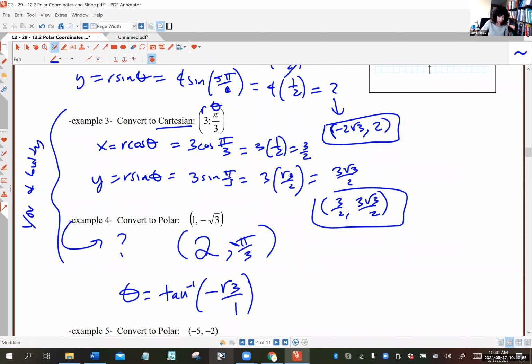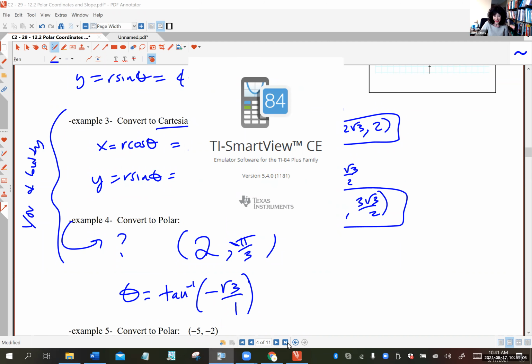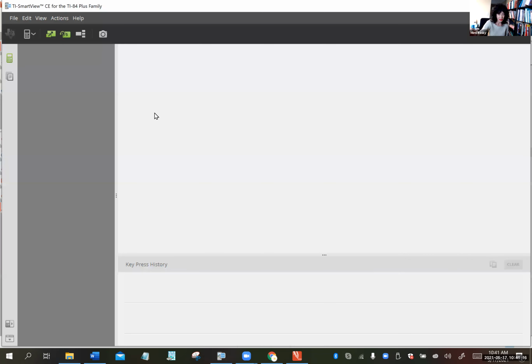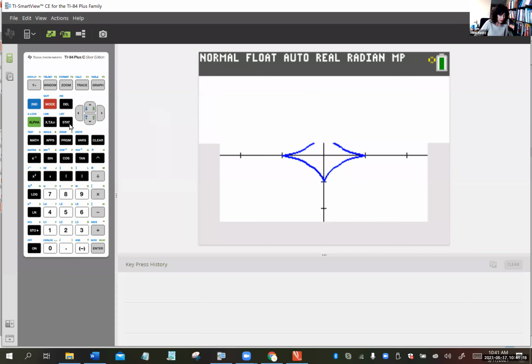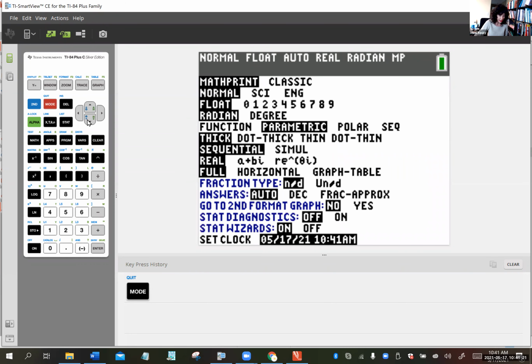And so what I do if I'm confused, because this is weird, I don't have this memorized, I'll be honest with you. I'm like, I don't know, what the heck is that? So what I do is I whip out the graphing calculator and I make sure I'm in degrees mode, not radians mode, because in radians it's going to be some decimals. So I go into my mode and I get out of radians mode and I get to degrees mode, hit enter,